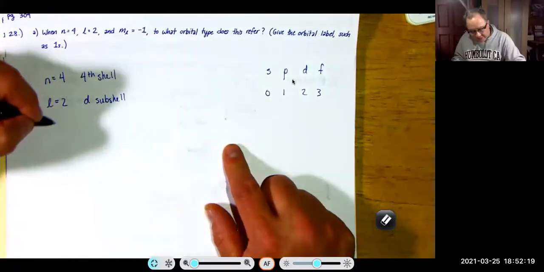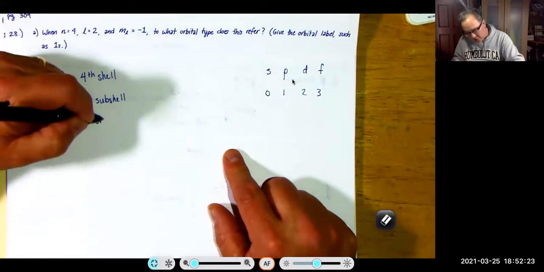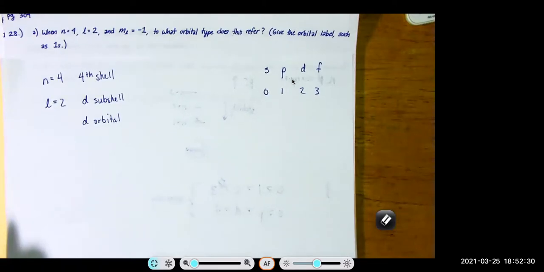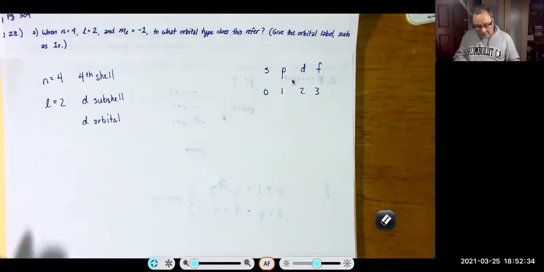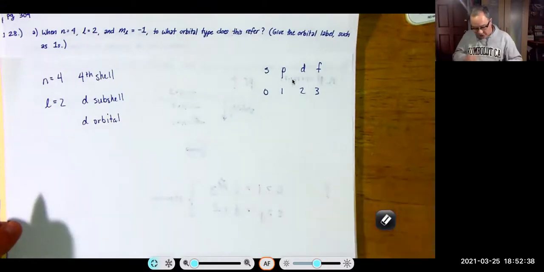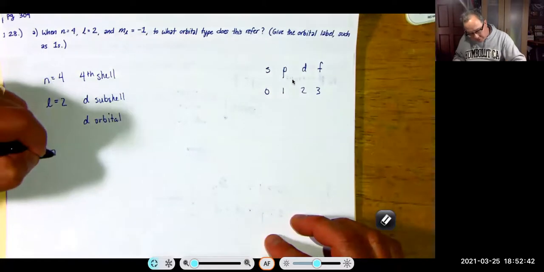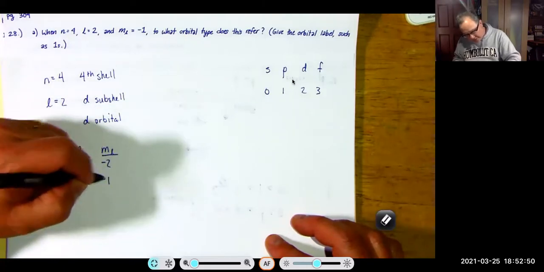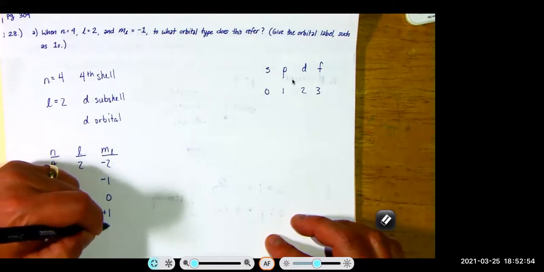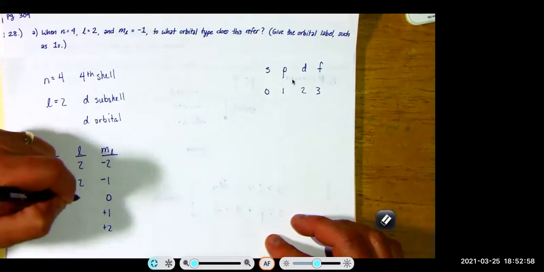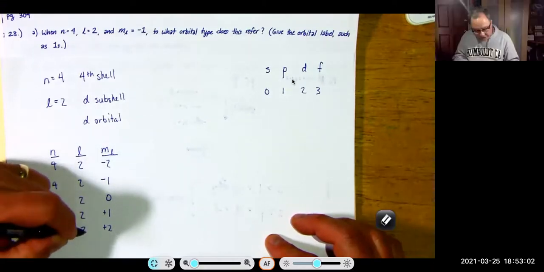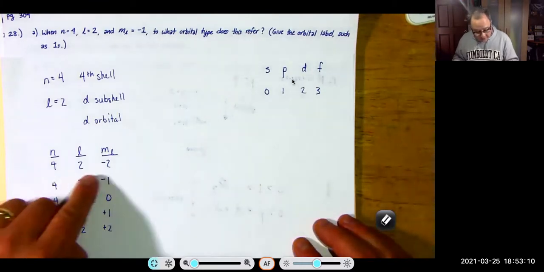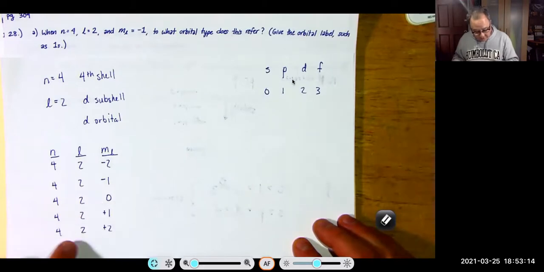Okay, and because it's a D subshell, that means that it is a D orbital. And this is the one thing that always makes sense, is the type of orbital is the type of subshell. Now, it turns out that there's 5 orbitals. So if n is equal to 4 and L is equal to 2, m sub L could be equal to -2, -1, 0, +1, or +2. So these are solutions to that Schrodinger's wave equation. You can have a 4, 2, -2, a 4, 2, -1, a 4, 2, 0, which should be popular in